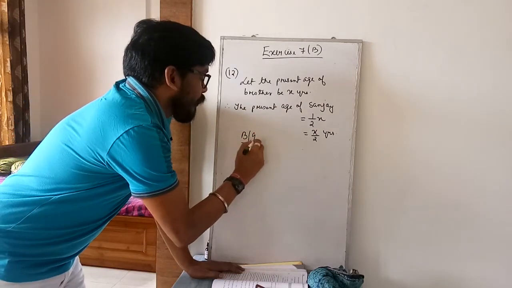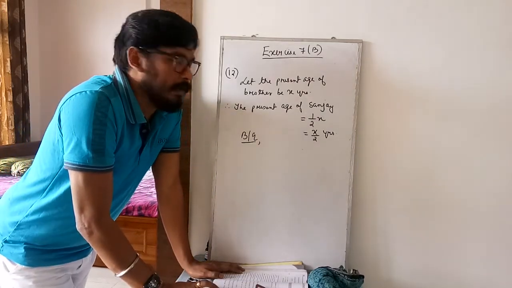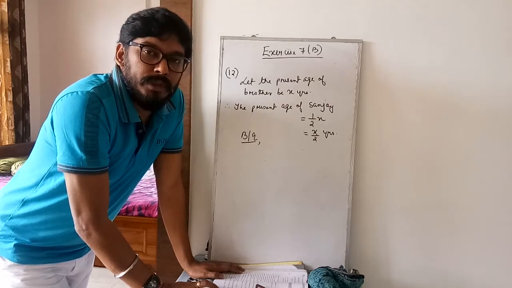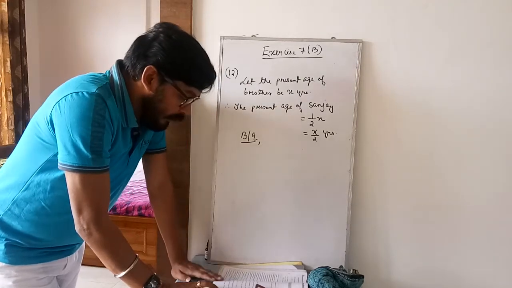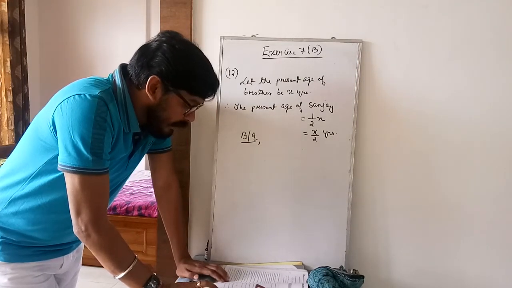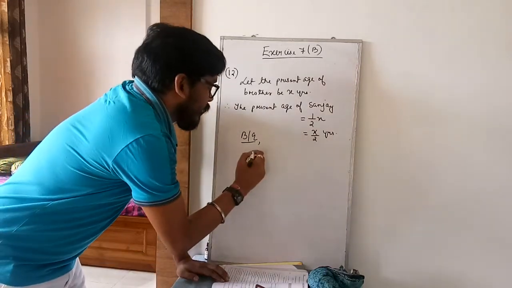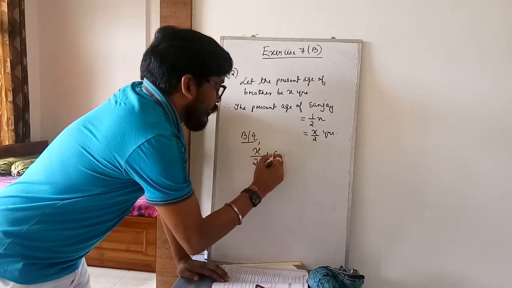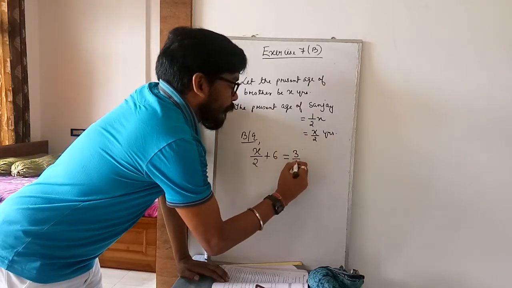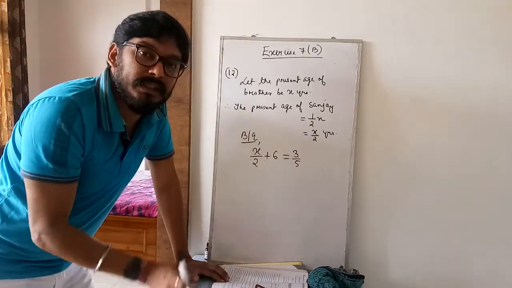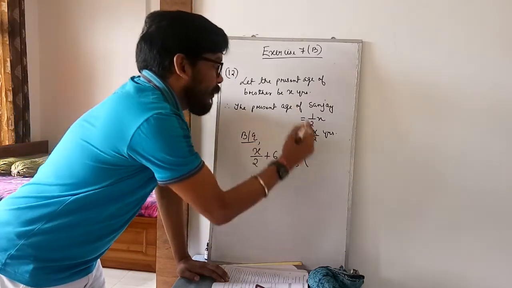Now I have to form an equation, because I have said in the previous classes, whenever you consider anyone's value x, you have to form an equation, because you will get the value of x when you form an equation. So they have said here, in 6 more years he will be, here he means Sanjay. Sanjay is now x by 2, in 6 more years means plus 6, means after 6 years he will be 3 by 5 as old as his brother then. So 3 by 5 as old as his brother means 3 by 5, brother is how much, x.